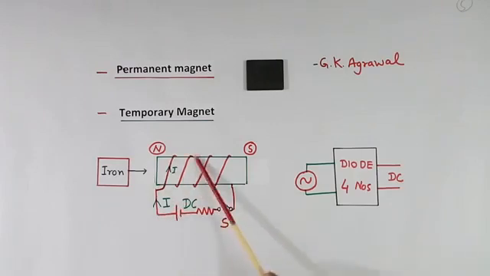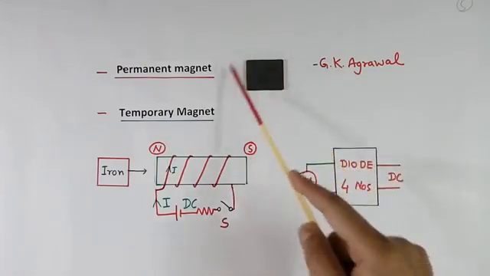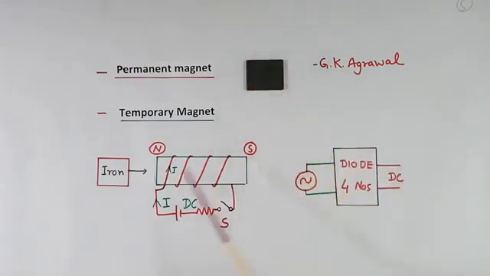When we flow a DC current, a flux will flow like this. Here also flux flows like this. If this is the north pole, this is the south pole, and flux will flow like this. Because flux flows like this, one terminal becomes north pole, another becomes south pole. It behaves like a magnet. If you put an iron piece, this magnet will attract this iron piece. Now if we switch off this switch, current will become zero, flux will become zero, so it will not behave like a magnet. So it is called a temporary magnet. If you close the switch, it will behave like a magnet. If you open, it will not behave like a magnet.